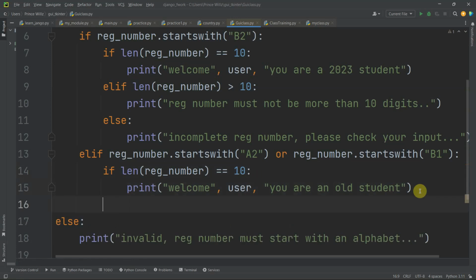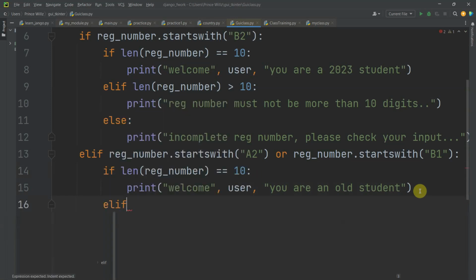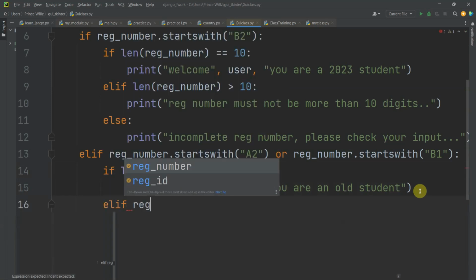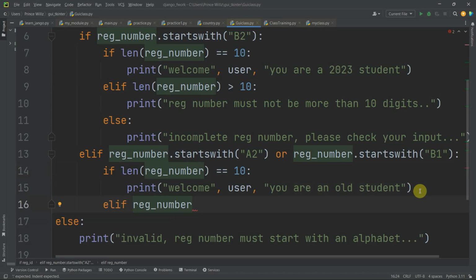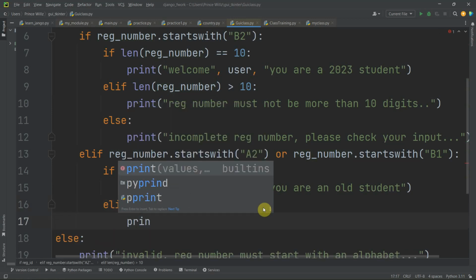Now what if the range number is above 10? We use elif, the same thing we did above. Elif range number is greater than 10. Okay, now what's greater than 10? We add len, the length of the range number. And if the length of the range number is greater than 10, come down here and print